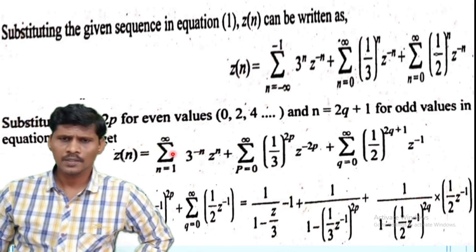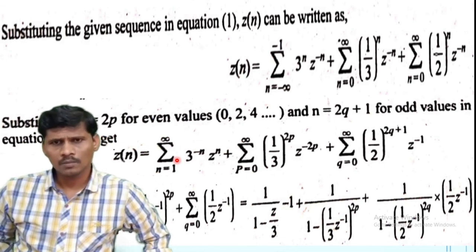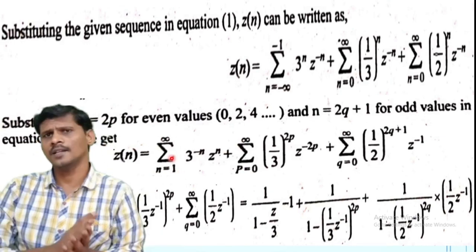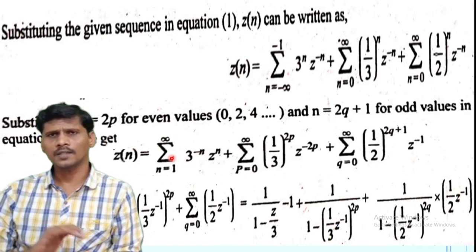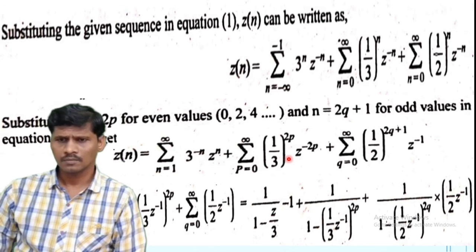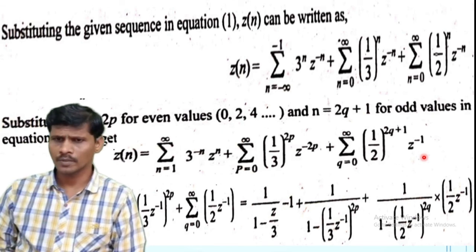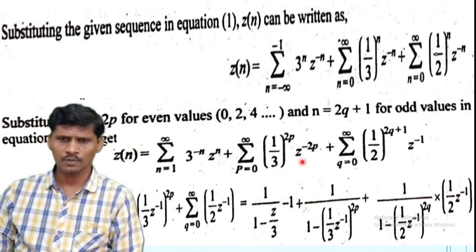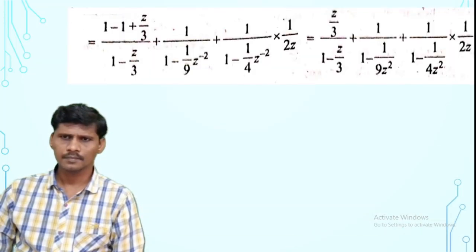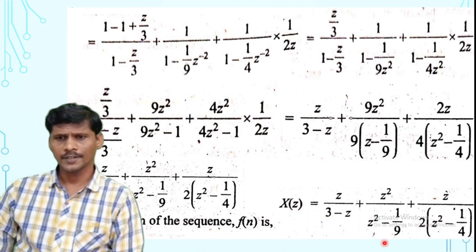So now we have for the first term, applying sigma n is equal to 0 to infinity a power n is 1 by 1 minus a. Now here the n is equal to 0 term is missing. So because of that, in the first term we add the n is equal to 0 term and subtract the n is equal to 0 term, and apply the same process to the second and third terms. We know that sigma n is equal to 0 to infinity a power n is 1 by 1 minus a. Applying that expression into the above equation, we get this equation, and reducing that value, we finally get the Z transform of the given sequence.